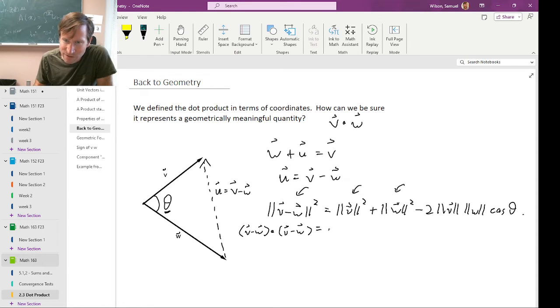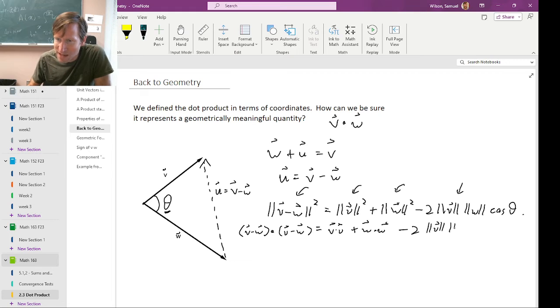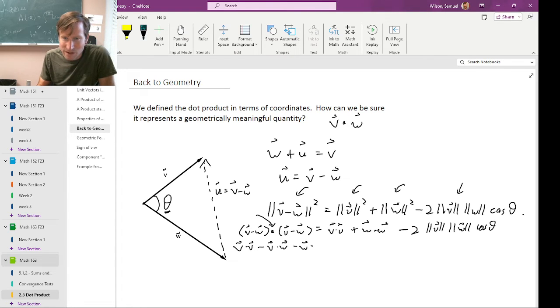And on the right we have v dot v plus w dot w minus, and then these magnitudes over here aren't squared, so let's leave them written as magnitudes like this. Minus 2 times magnitude v, magnitude w times cosine of the angle between them. Okay, well, this dot product here, remember the dot product distributes over vector addition, so we could actually multiply out all of these products. So this is going to be v dot v minus v dot w minus w dot v